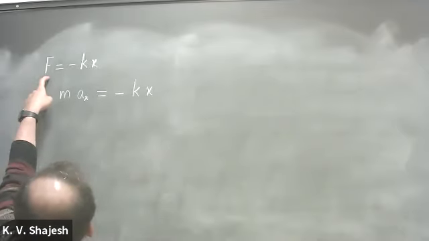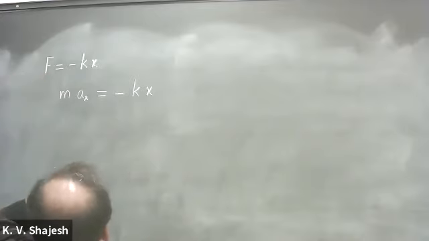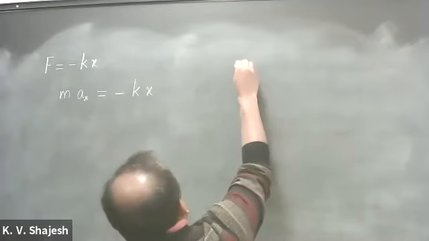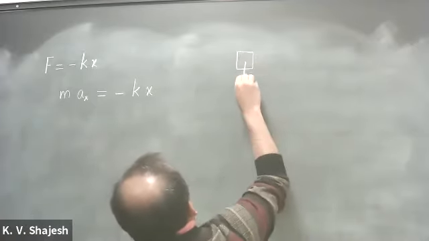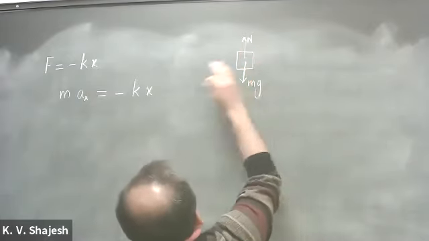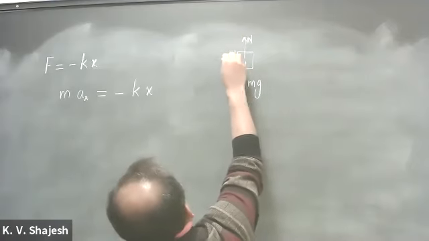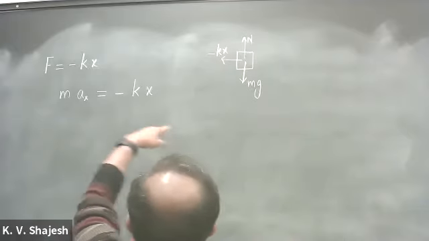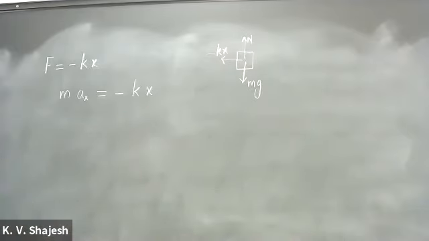That's just rewriting the same expression using Newton's law. This is the actual force acting on the spring, but Newton tells us that mass times acceleration has to be equal to the sum of forces. There's only one force acting in the horizontal direction, so it's minus kx. Again, remember, this is your mass m, that's your mg, that's your normal force. And if it was stretched to the right, there's a spring force acting, that's minus kx. There are three forces acting, but in the horizontal direction, there's only one, so mass times acceleration has to be equal to minus kx.